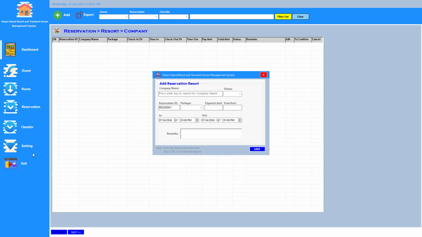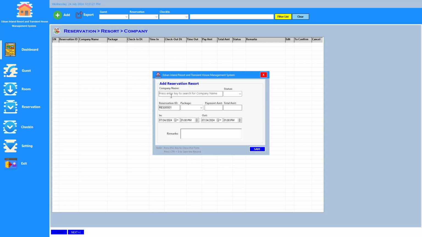Additional columns are confirming and cancellation of reservations. Now, you can easily add a new reservation with the add reservation form. The input fields are company name, reservation ID, package, payment amount, total amount, check-in and check-out dates and times, status and remarks. This interface simplifies reservation management, making it easy to add, view, and edit reservation details efficiently.